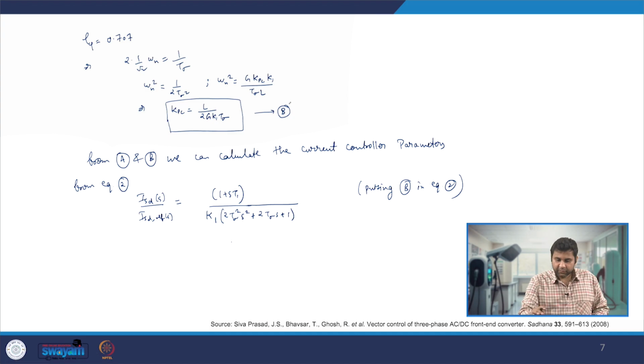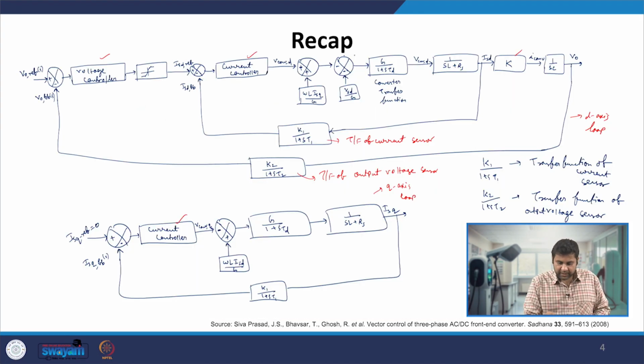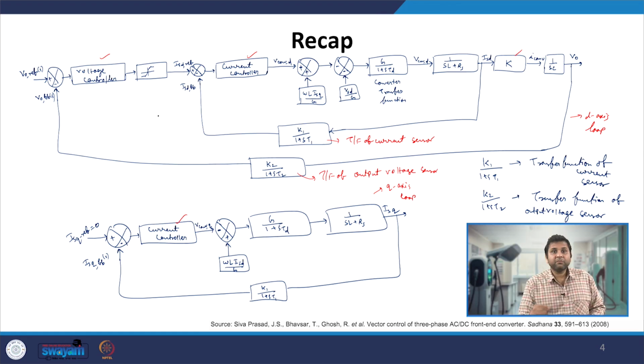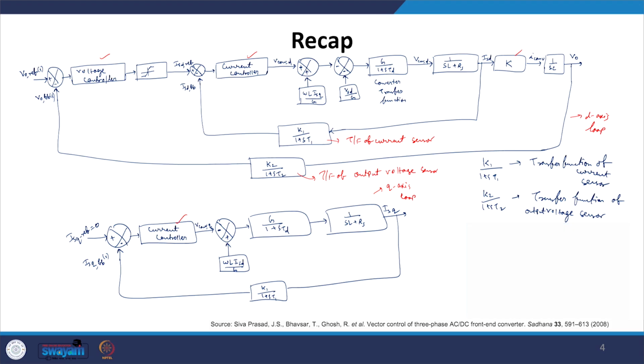Now if we look very carefully at our overall loop, we know that our outer voltage loop is slower as compared to the inner current loop, because only then whatever changes occur, the ISD reference will be tracking that particular change. So we must ensure that our outer voltage loop is very slow compared to the inner current loop. Generally the outer voltage loop is only tracking the DC quantity, because the output is just a DC quantity.